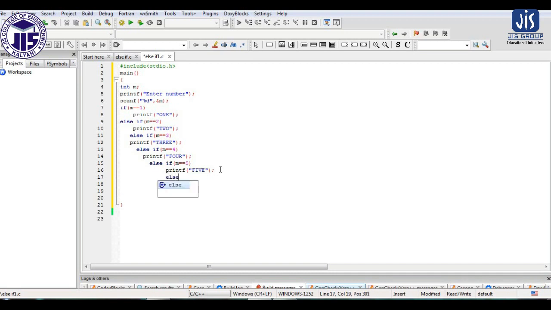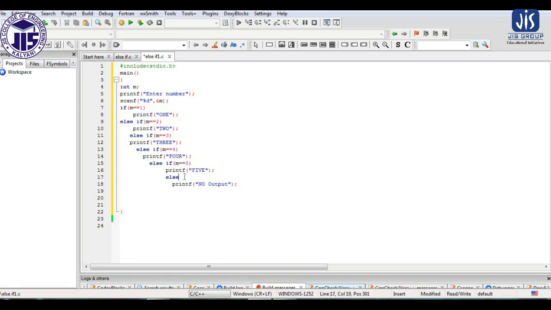If we are not applying any condition here, we can write only else printf, no output, for example.